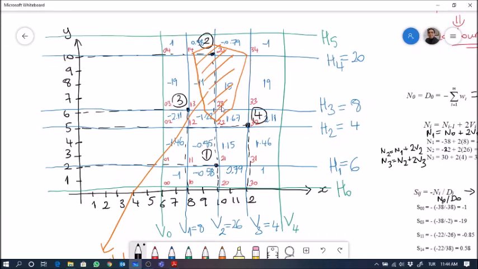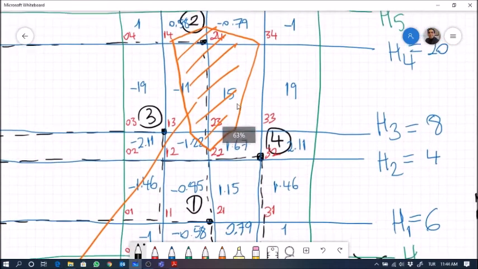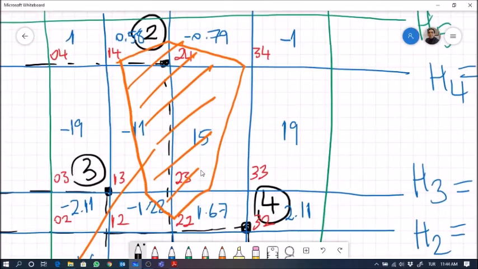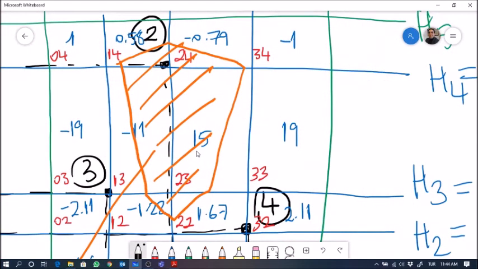And then in this box, forget about the others, only in this box 2, 3, I need to draw a slope which has a value 15. So it should be a very steep slope. Okay, please follow the cursor here. The end point should be up here. The starting point should be here. So we need to draw a steep slope which goes up here. And then when I hit here H3, I'm going to stop, and I need to draw another